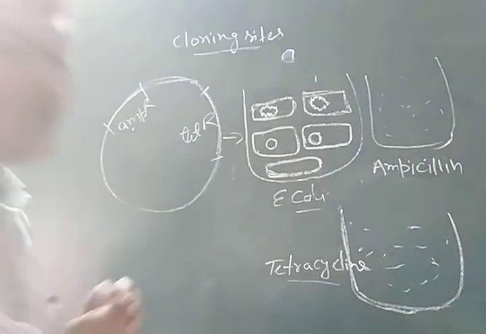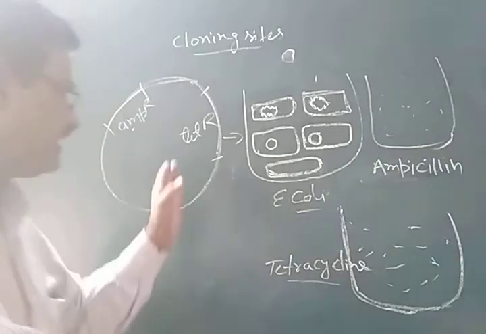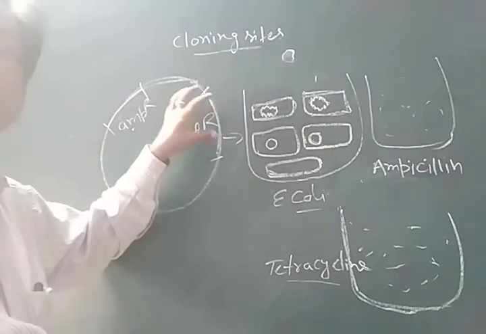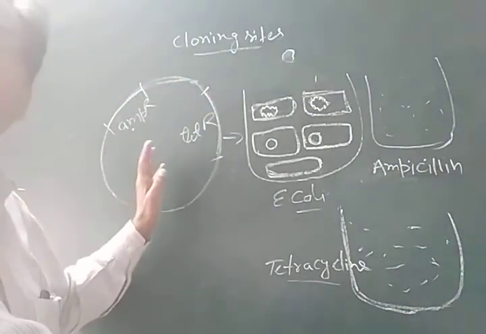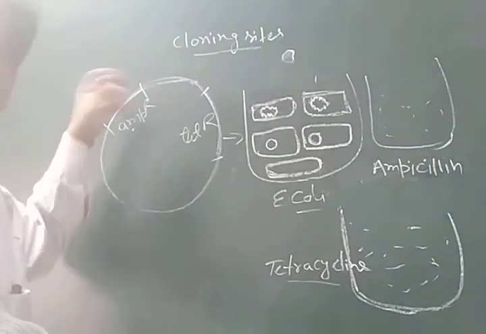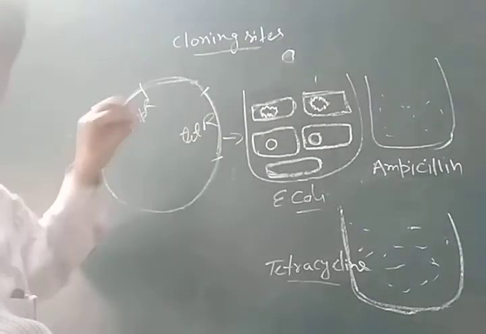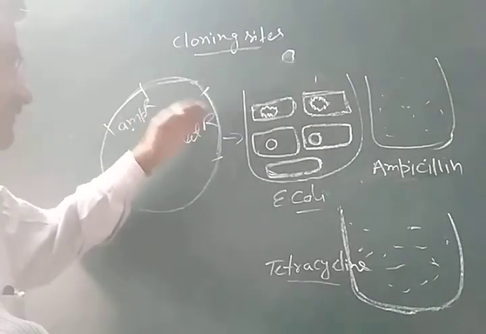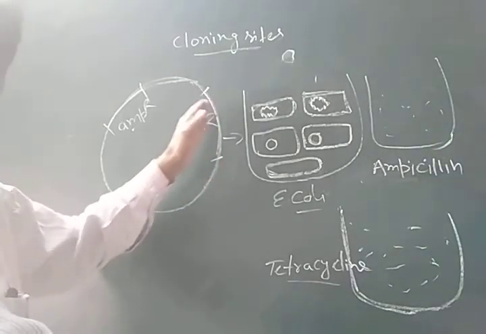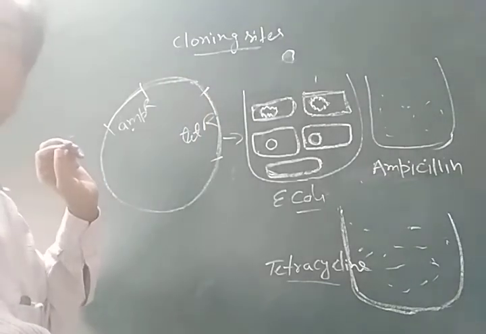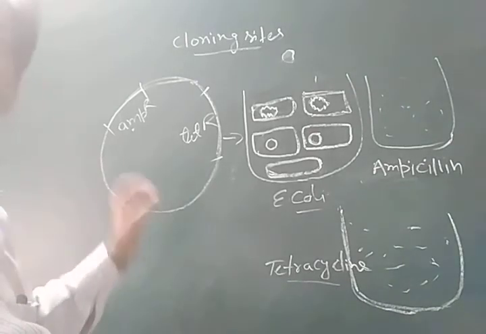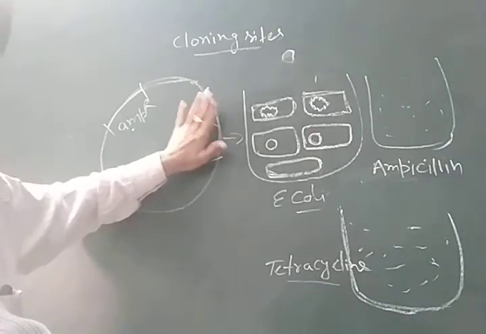So suppose we are going to ligate a foreign DNA in the tetracycline resistance gene by cutting with the BamHI enzyme. We take many pBR322 plasmids, add many foreign DNA, and add BamHI restriction enzyme that cuts the plasmids at the restriction site present in the tetracycline resistance gene, and then we add the ligase enzyme that helps to ligate the foreign DNA in this tetracycline resistance gene.